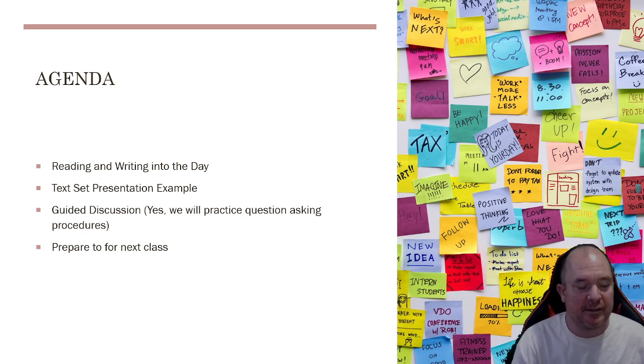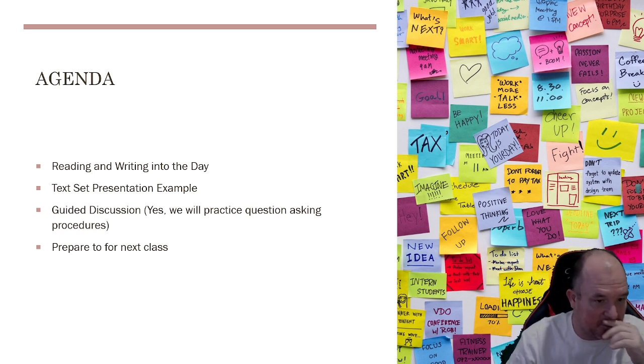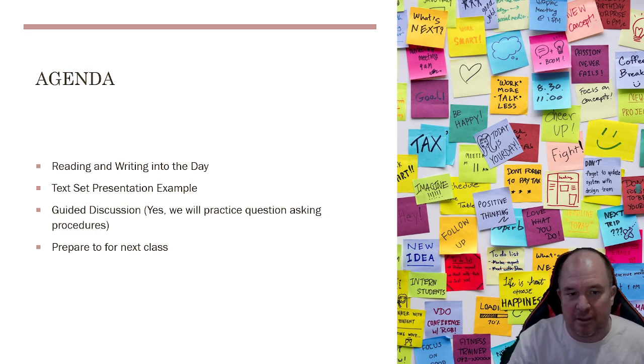So we'll do writing of the day, and then I am going to go through. I think the example is in Brightspace, so hopefully I don't have to navigate too many windows when I go to the text set presentation example. So I'm going to pull up an example. I think it's an ELA, English Language Arts example, but like I said, it doesn't really matter the content. It's just kind of like what Natalie does with how she constructs the text set proposal, and then how she describes the literacy activities and describes the text. So it doesn't matter that it's English Language Arts and you're not an English Language Arts teacher. The structure and format will be very similar.